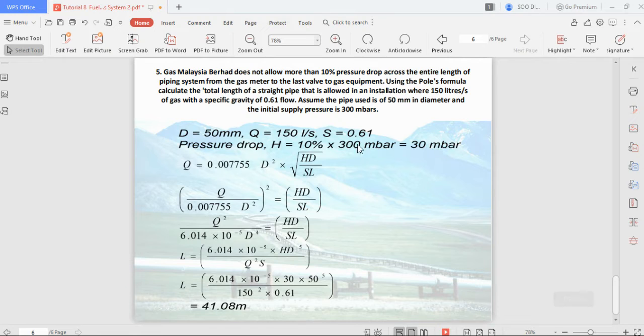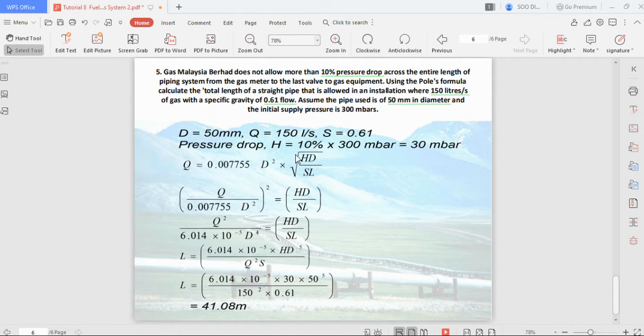Okay, so this is the last question. For this question, it's still the same, but there's a special statement here lah, which is that it does not allow more than 10% pressure drop, and then the rest is the same lah. So you have your D, which is 50 mm. You have your Q, which is 150 liters, which is from here. The specific gravity given is